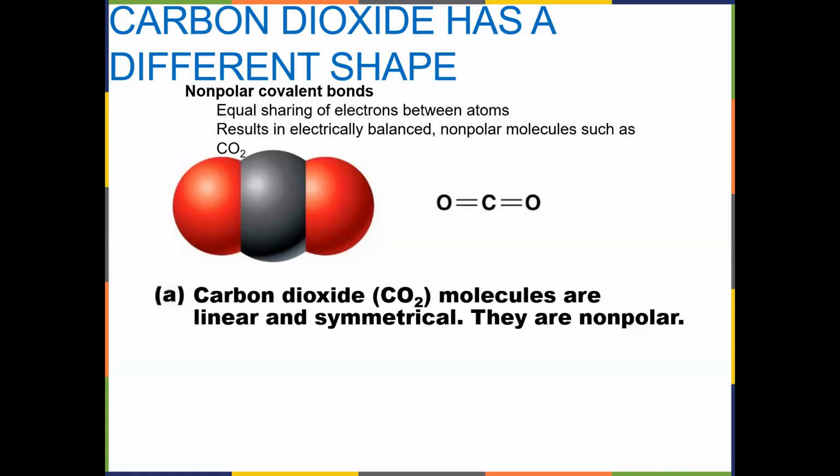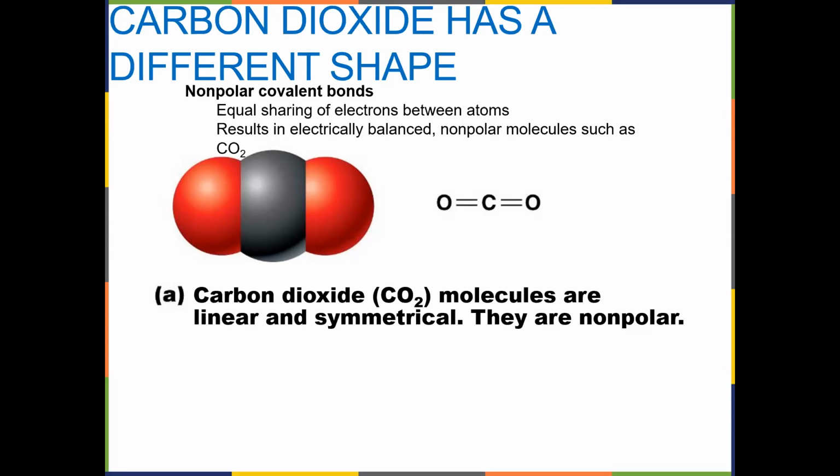Doesn't affect its ability to do what it does. It's just different. However, carbon dioxide is considered a non-polar molecule. As the electrons are shared between the carbons and the oxygens, the distribution, the sharing is balanced. The same with glucose, sugar. The sharing is balanced. The electrons are shared equally. There are no positive and negative ends of glucose. There are no positive and negative ends of carbon dioxide.